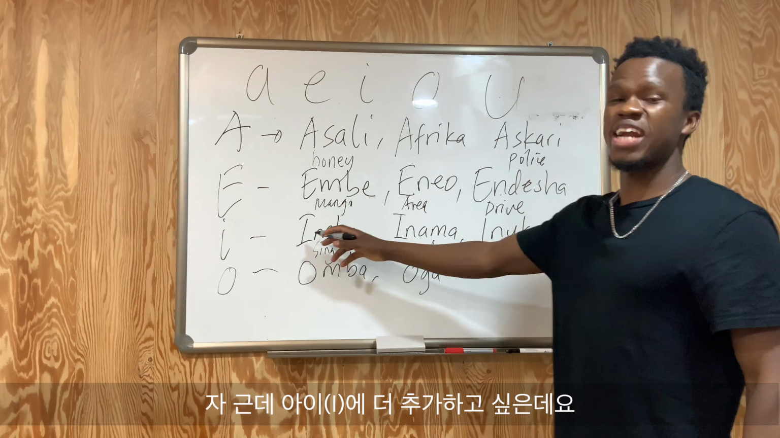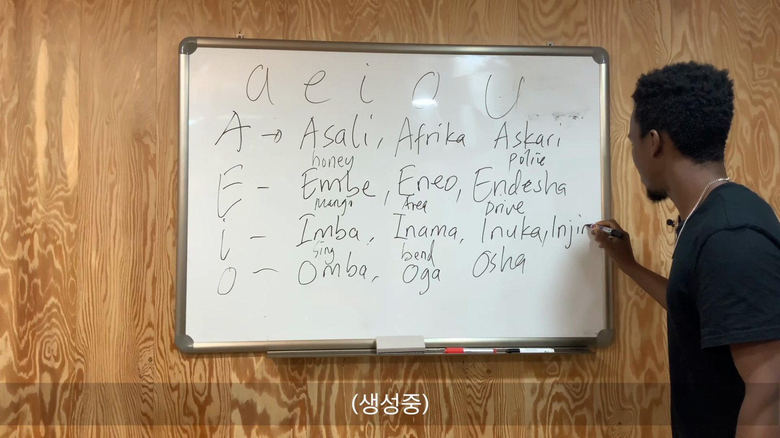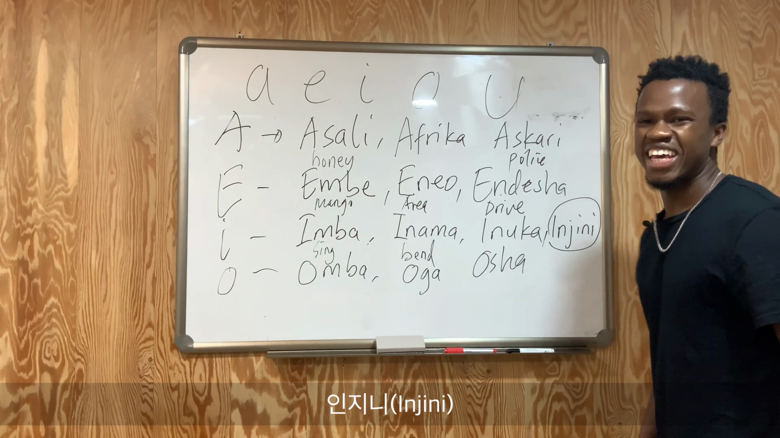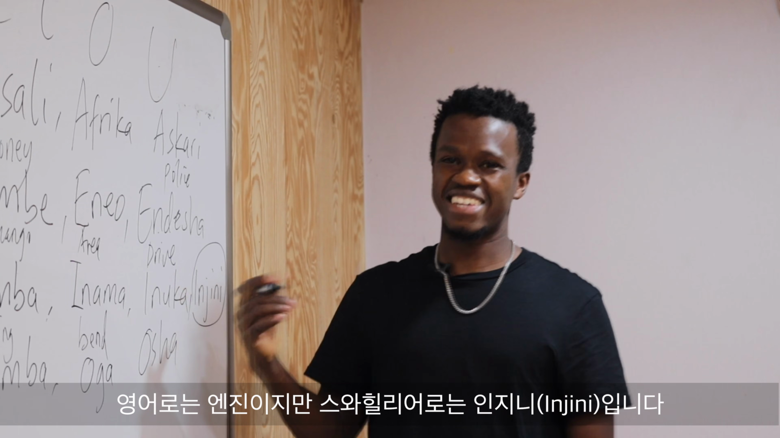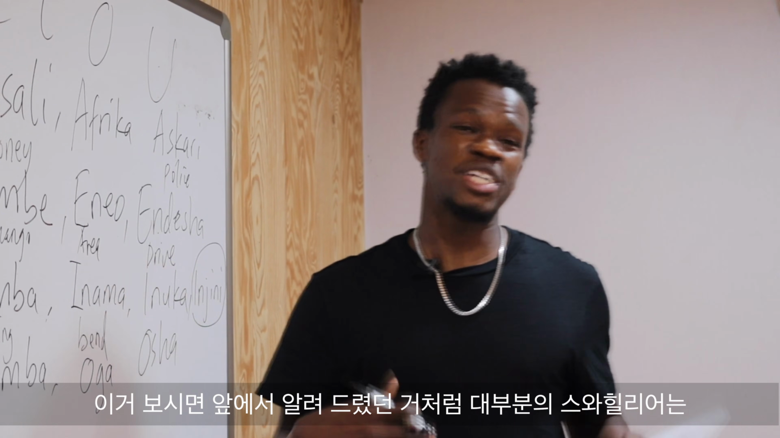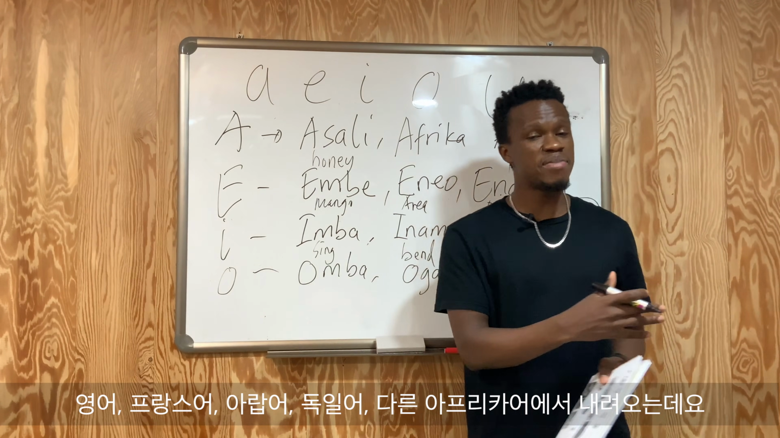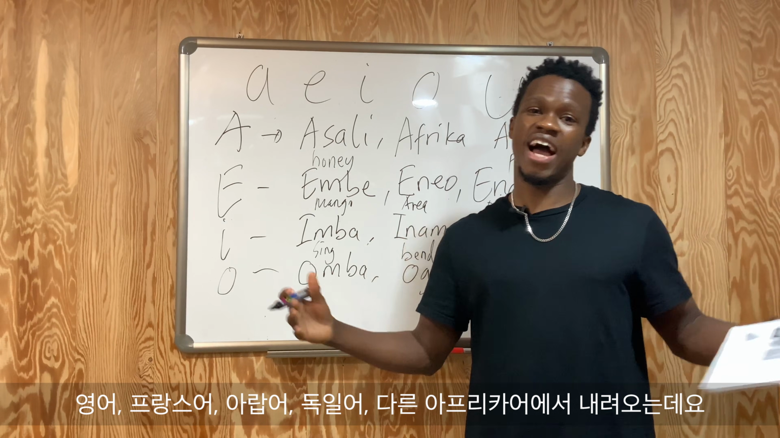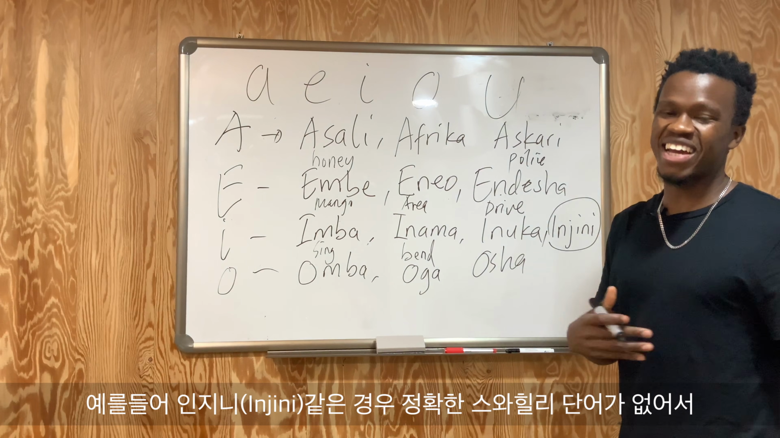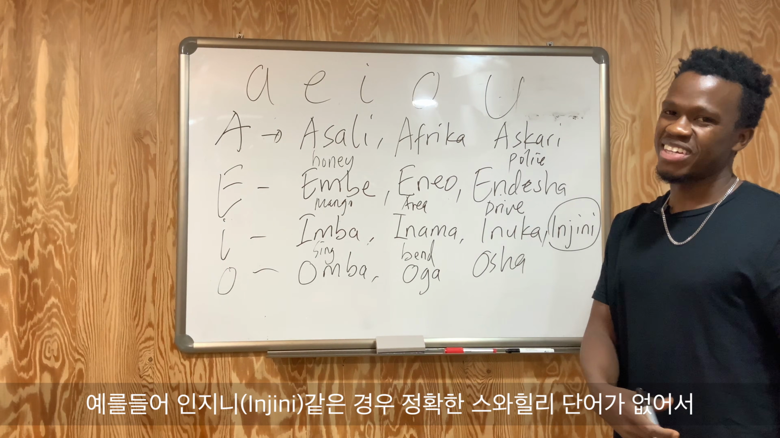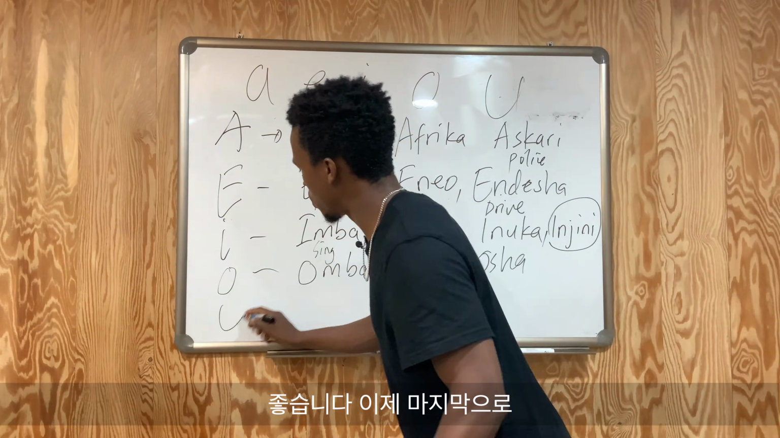All right, but I want to add something here in I, and we call ingini. Ingini. In English it is engine, but in Swahili it is ingini. You see, at the beginning I told you that most Swahili words come from English, French, Arabic, German, and other African languages. So for instance, the word engine, we don't have exactly a Swahili word for engine. That's why we just call it ingini. Ingini. All right. The last word is